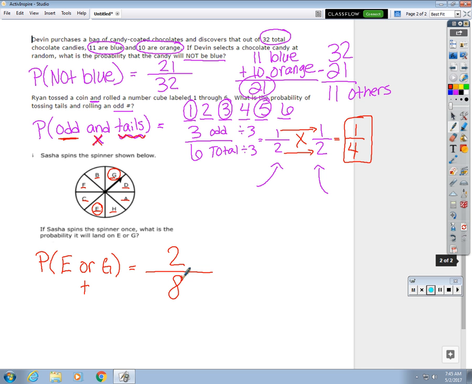We want to land on 2 out of those 8. We need to simplify this fraction to 8ths. And since they're both even numbers, a really good place to start is to divide them both by 2. Okay, so we can divide 2 by 2, which equals 1. And we divide 8 by 2, which equals 4. So the probability of rolling an E or a G is